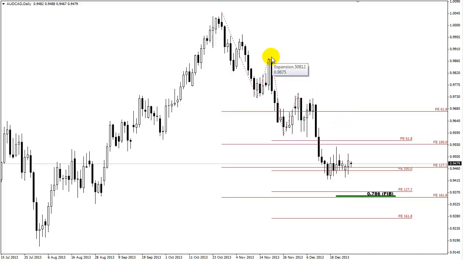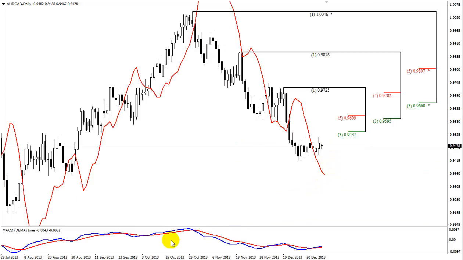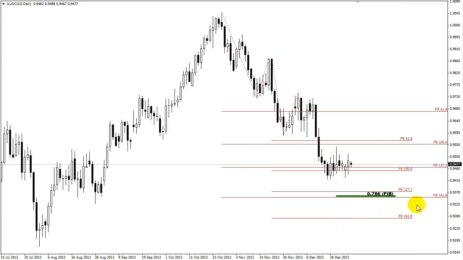And also there's another ABCD here, has the 127 extension that also stands below the market, and these two extensions here stand precisely in the area of the 78 Fibonacci support of this roll up move. Alright, so we can see here probable bearish dynamic pressure and untouched targets below the market yet, right at some